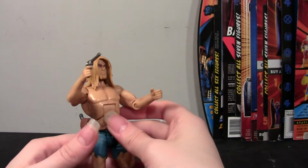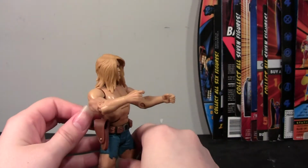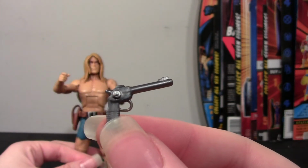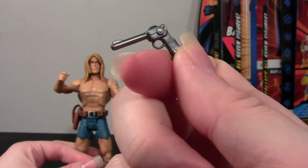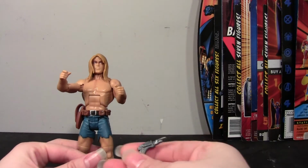A lot of times he doesn't come with his accessories or anything, so I'll go ahead and show you those first. He comes with 3 accessories, and I have 2 of them, so I will show you the ones I have. He has, I don't know what these guns are called. I don't know if they're even real kinds of guns, because I don't know anything about guns, but this little one, and this slightly bigger one,